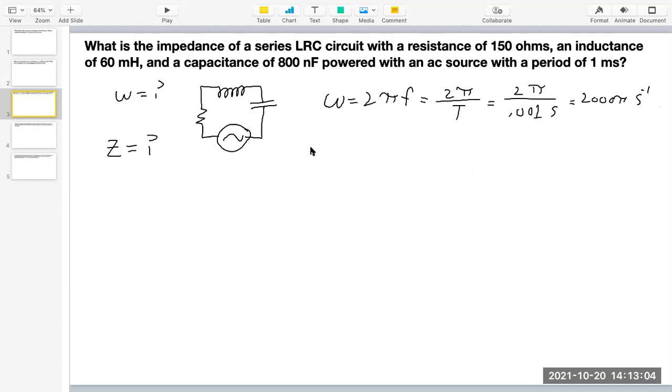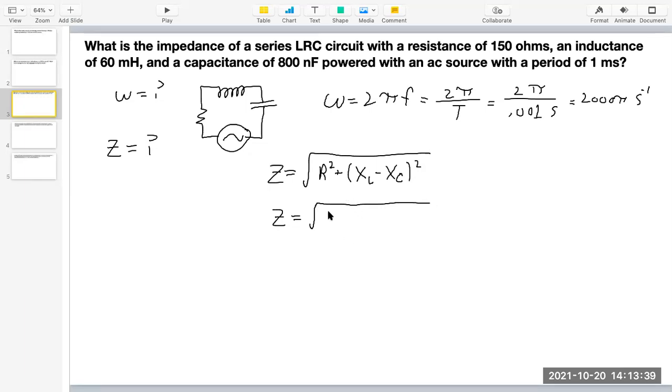So our impedance is going to be equal to the square root of r squared plus the square of the difference of our reactances, where our resistance is 150 ohms,